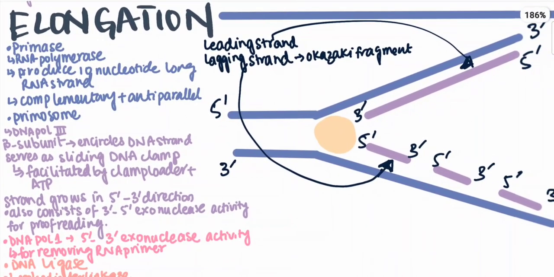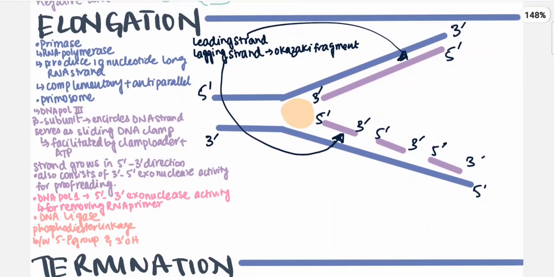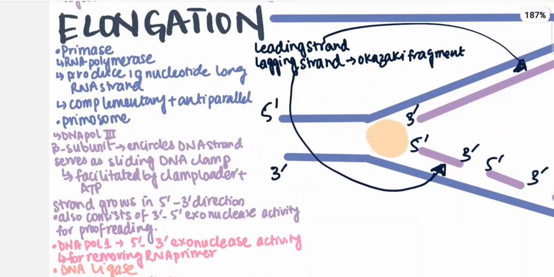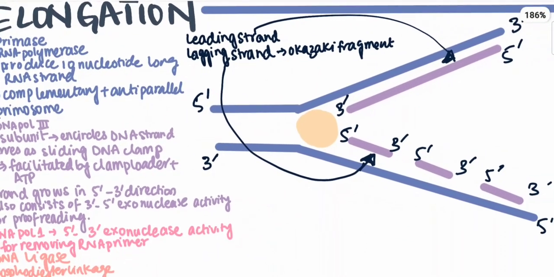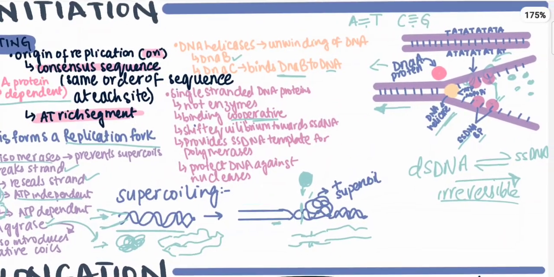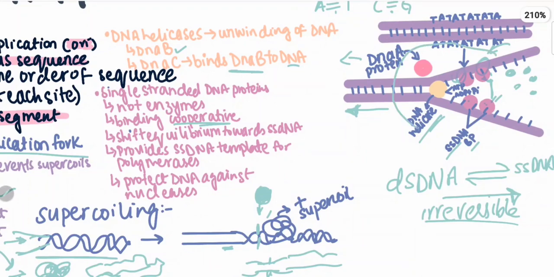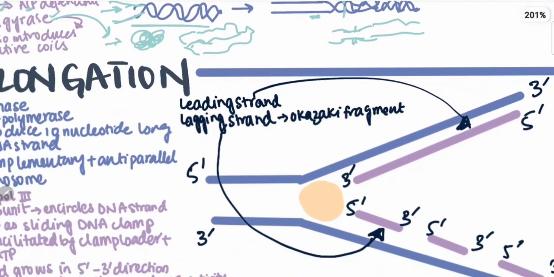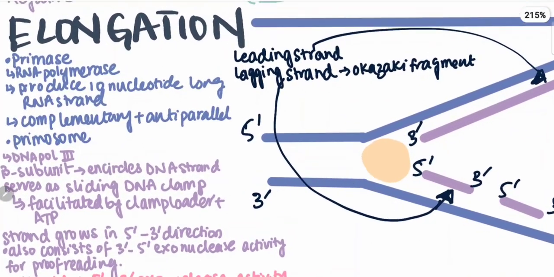Now, initiation is done. We are now going to do elongation. For elongation, another important thing is that we have the pre-priming complex. So this right here, this whole stuff that I talked about, is called a pre-priming complex. And now for elongation, we are going to introduce